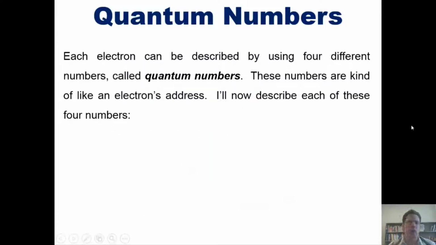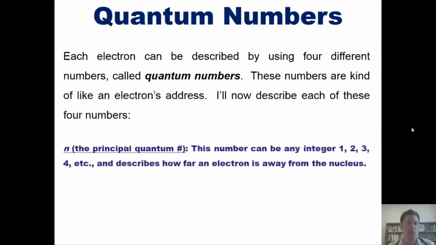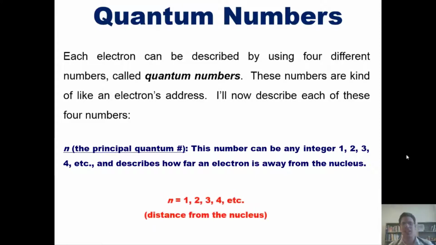So, each electron in an atom can be described by using four different numbers called quantum numbers. These numbers are kind of like an electron's address. I'll now describe each of these four numbers. The first one is called the n, or principal quantum number. This number can be any integer, 1, 2, 3, 4, etc., and describes how far an electron is away from